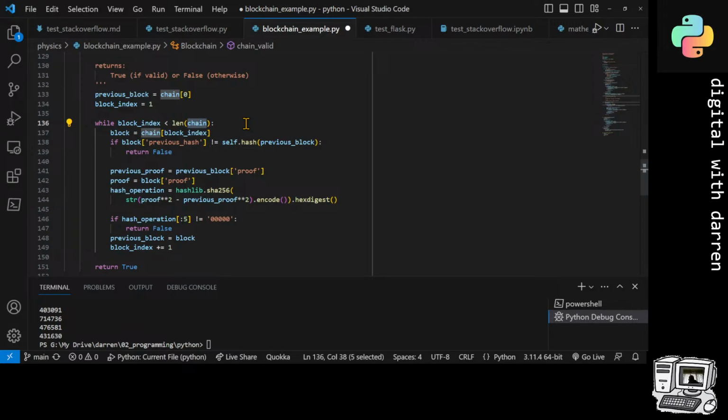Block equals chain of block index, so let's have a look at that one. Block equals chain 1, because block index is 1, basically. Block index was set to 1, so while block index is less than that,